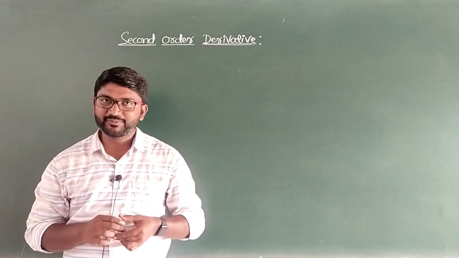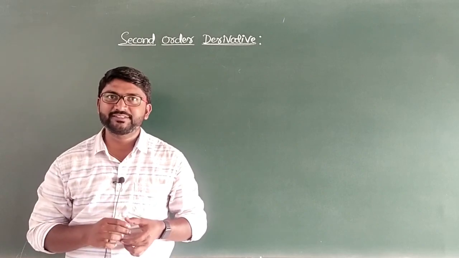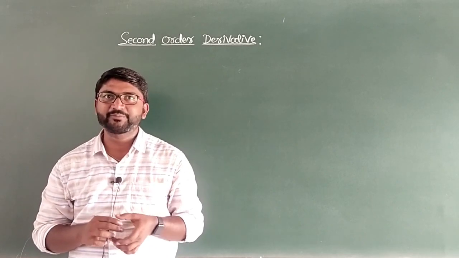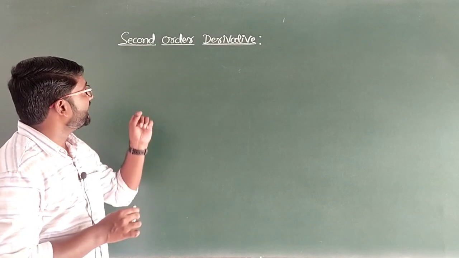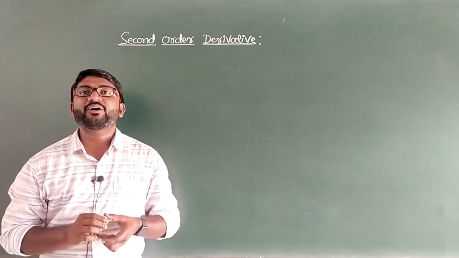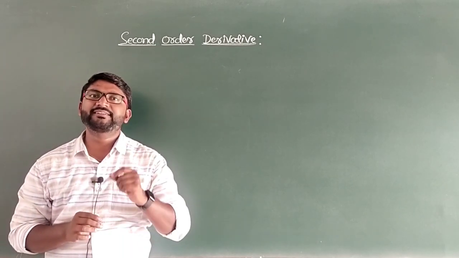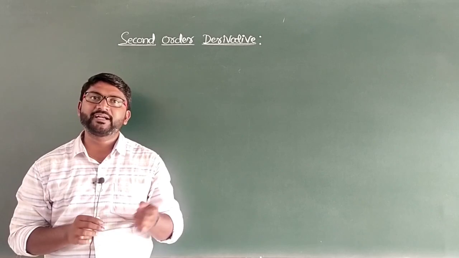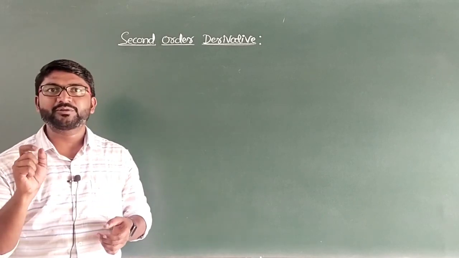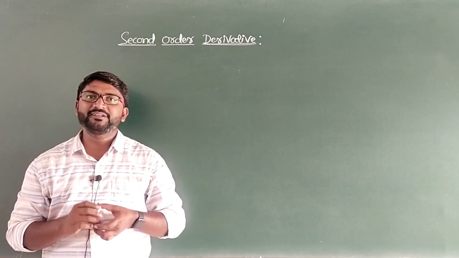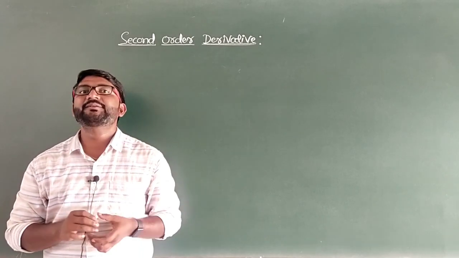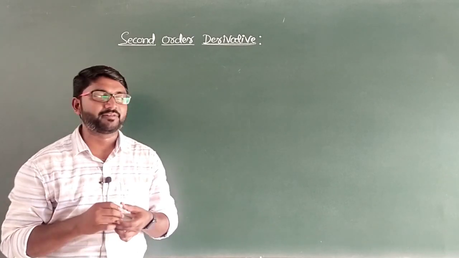So in the last class we have completed derivatives of functions in parametric forms, that is exercise 5.6. In today's class I am going to start with the second order derivative. So what is the exact meaning of a second order derivative, and on this concept you will definitely get one 5-mark question for the annual exam. So here I will consider the function y which is equals to f of x.